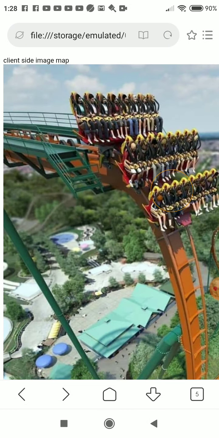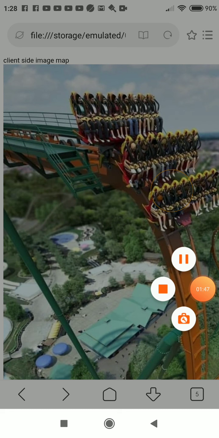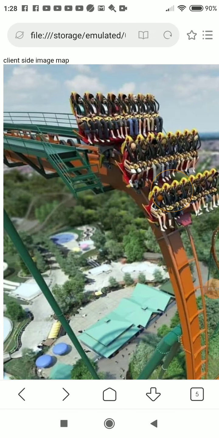So this is called client side image mapping. Here the processing of coordinates of the clickable area is done by the browser itself rather than the server. The server takes lots of time.